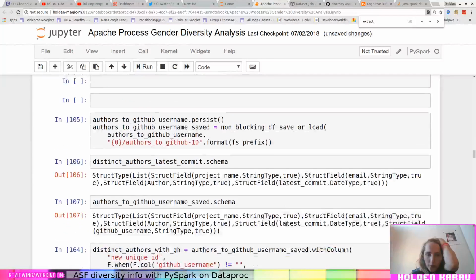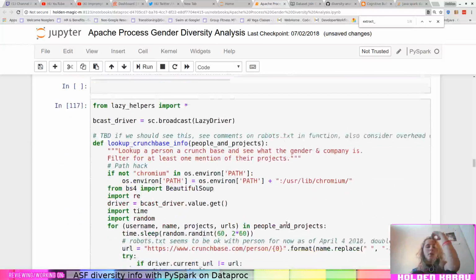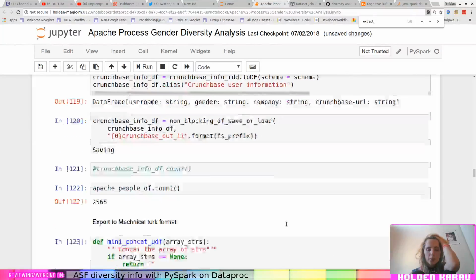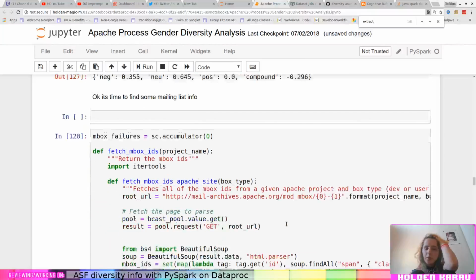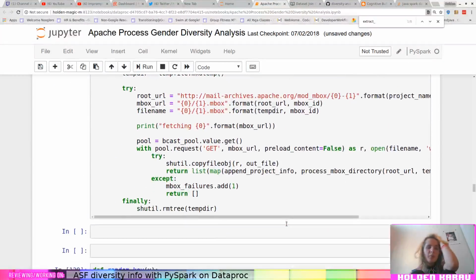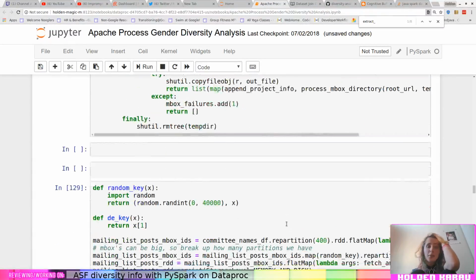Scroll back down. Yeah. This is part of the reason why I don't really like notebooks. But admittedly, they're really nice for analytics work. So I get it.